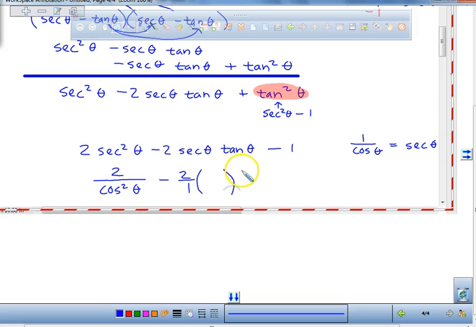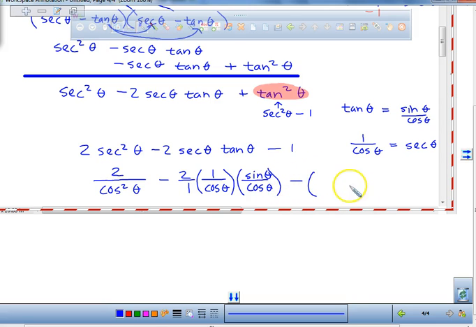Times something times something. Now, what is the secant of theta technically equal to, everybody? It's equal to a 1 over a cosine of theta. And now the next thing I'm going to do is what's called a quotient identity. This is the reciprocal identity. The quotient identity we're going to be working with is tangent. And tangent of theta is always equal to the sine of theta over the cosine of theta. So now I'm going to write sine of theta over cosine of theta